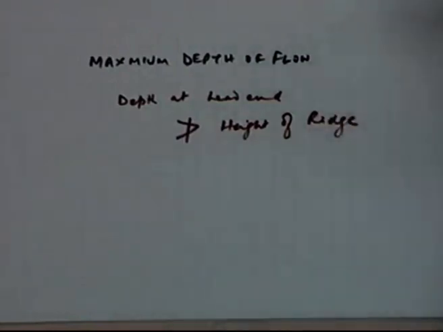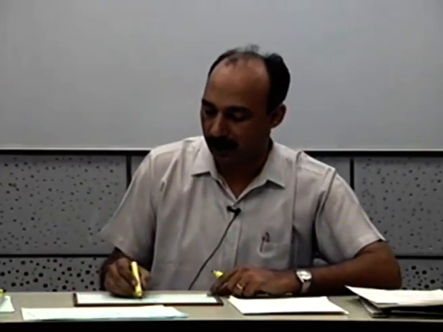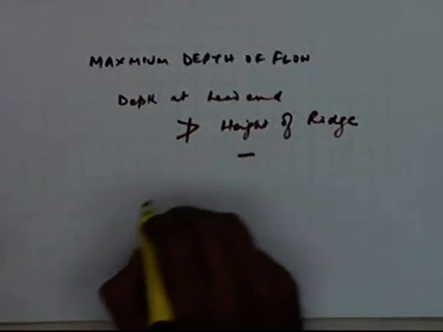You cannot allow the water depth to get accumulated up to the height of the ridge, because once the ridge is overtopped, it might get washed away. So you have to keep some freeboard. It shouldn't exceed the height of the ridge minus some freeboard,